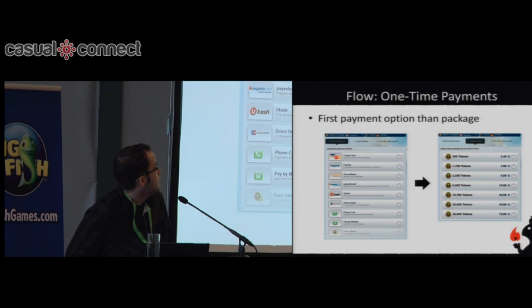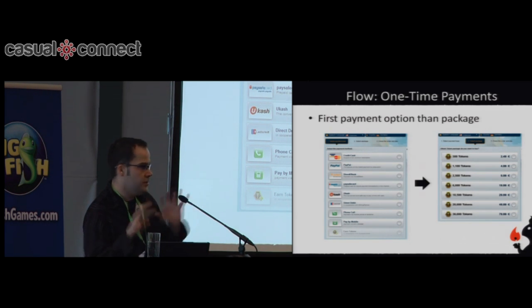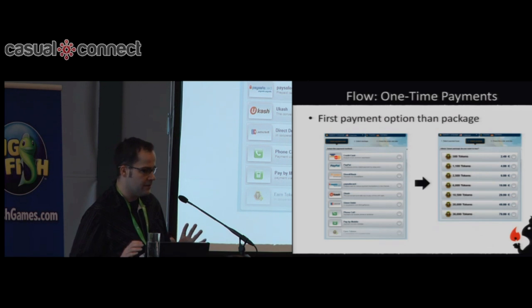So the first flow I want to talk about is the one-time payments. We kept it very brief and simple because for me, if you put too much information in it or too many flashy things around it, it might distract the user from the actual flow, and it might make them go away from paying at all. So there's always a trade-off, you can argue around that, but this is the way we are going right now. We have had this flow live since July.